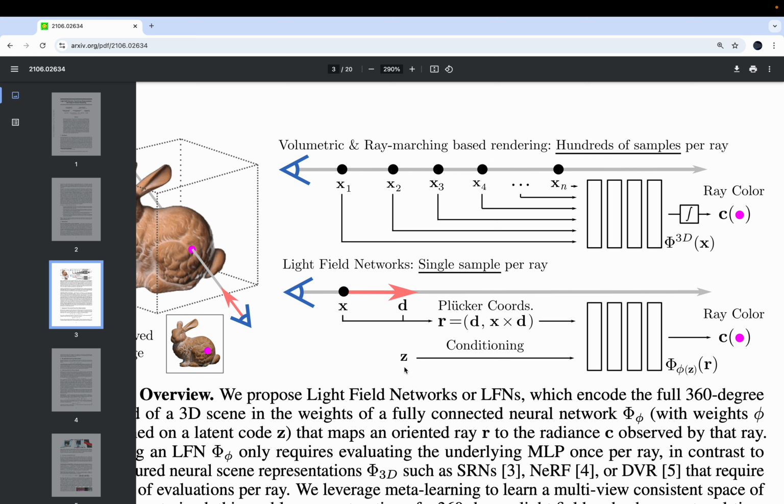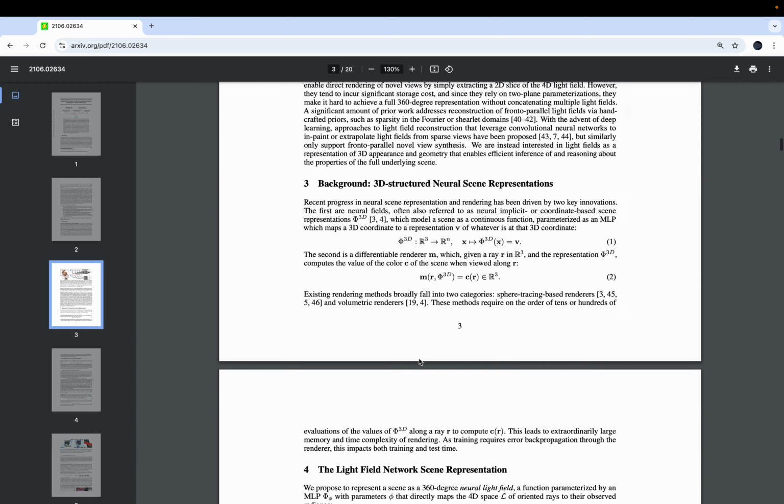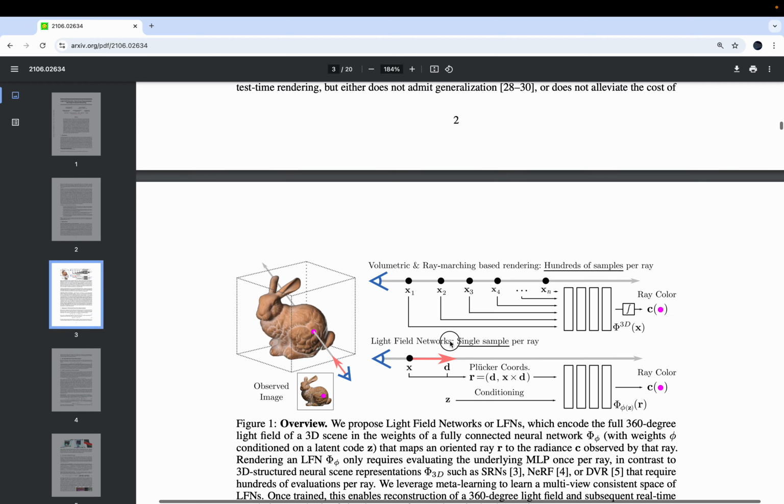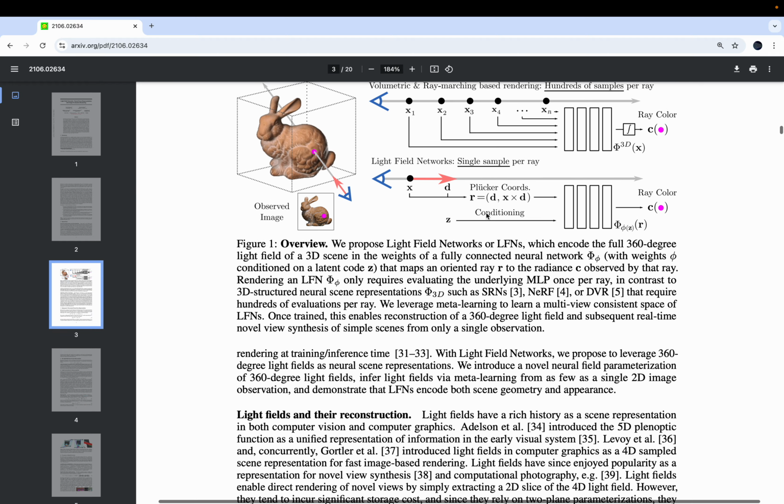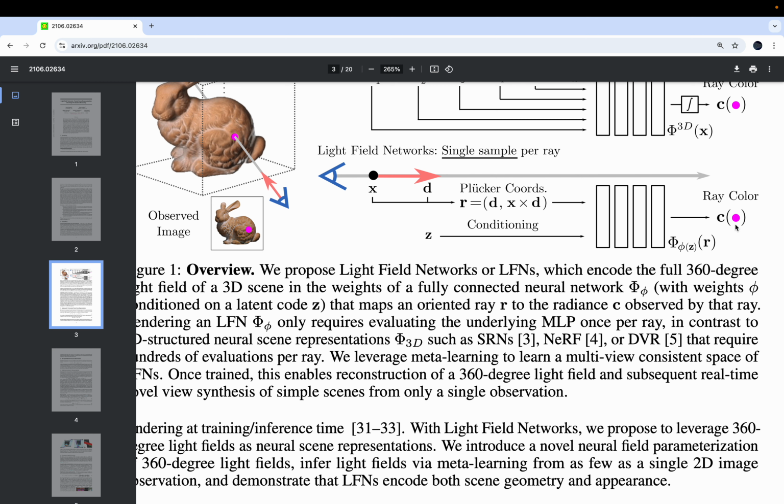But then the question is, at inference time, how do we learn Z? At inference time, what they do is fix the parameters of the hypernetwork and learn Z with gradient descent. With as little as one image, they can learn Z. So basically Z is learned at inference time. And once you've learned Z, it's very fast